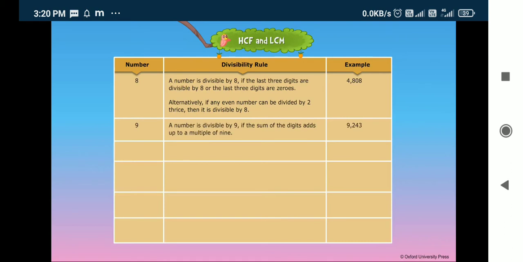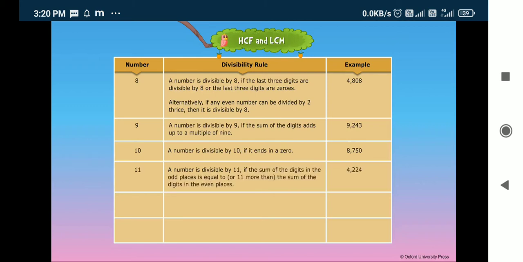Divisibility by 9. A number is divisible by 9 if the sum of the digits adds up to a multiple of 9. Example, 9243. Divisibility by 10. A number is divisible by 10 if it ends in a 0. Example,